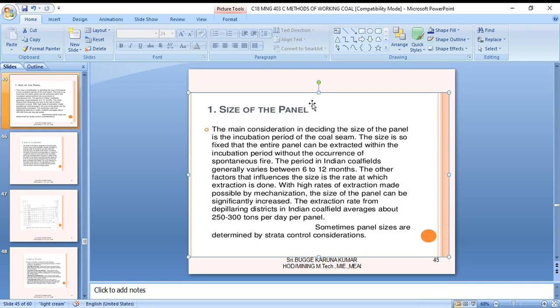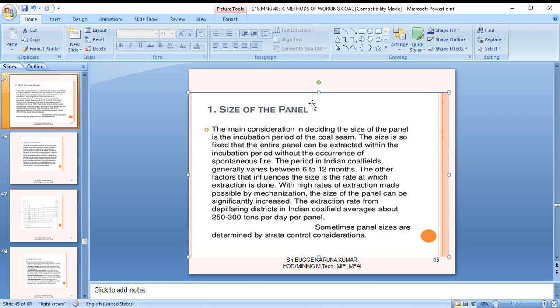It is tested in the laboratory. Every mine has its own incubation period, and the size is fixed accordingly. The entire panel can be extracted within the incubation period without the occurrence of spontaneous fire. The period in Indian coalfields generally varies from 6 to 12 months, as decided by experiments